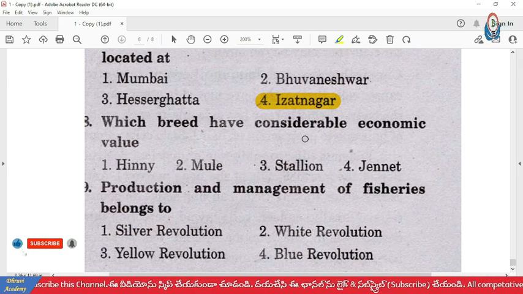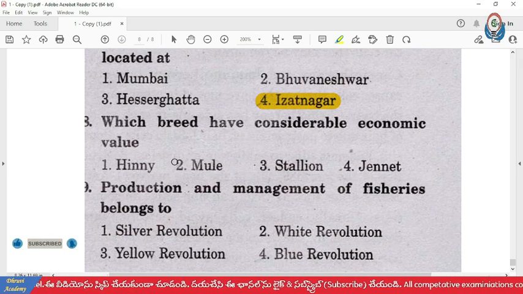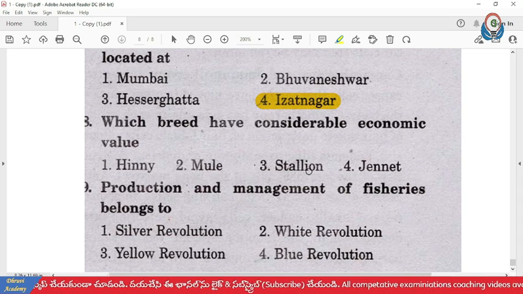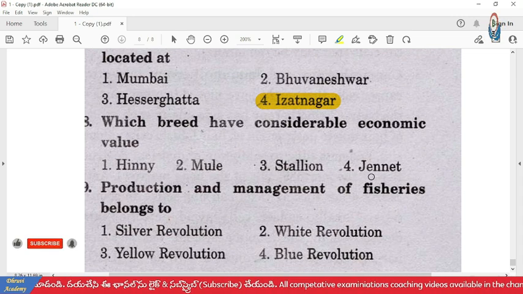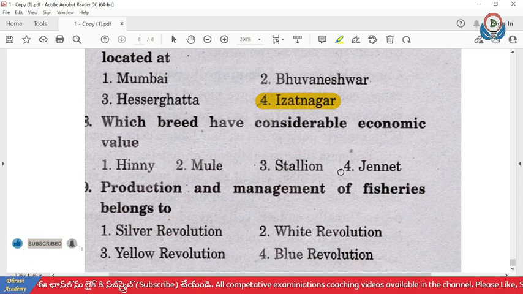Which breed has a considerable economic value? Is it a Hinny, or a Mule, or a Stallion, or a Jennet? Which is the correct answer? Which breed has a considerable